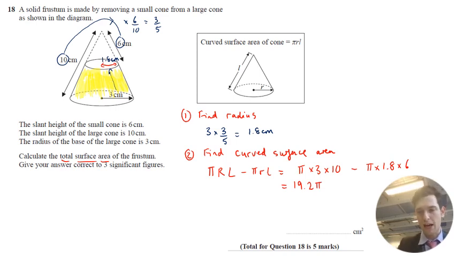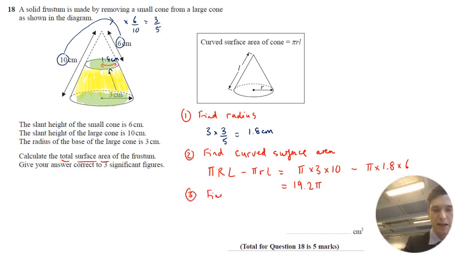Now, that is not actually your answer. That is only how you get your second mark. Because one thing that you can't forget, and I'm going to shade it in a different color, is that the surface area is the total area around the whole shape. And what I haven't shaded, in green I'm shading now, are these two circles on the top and on the bottom of the frustum. So my third step